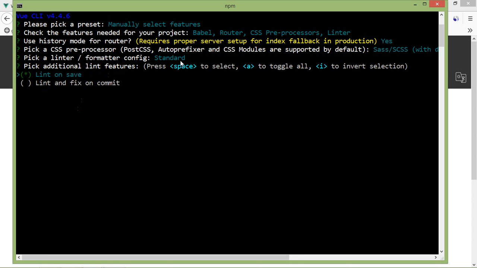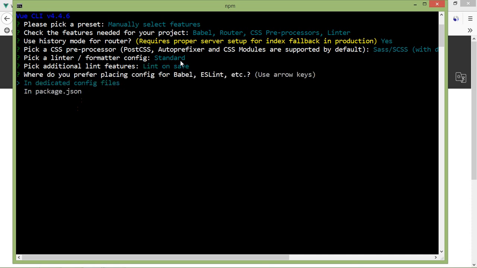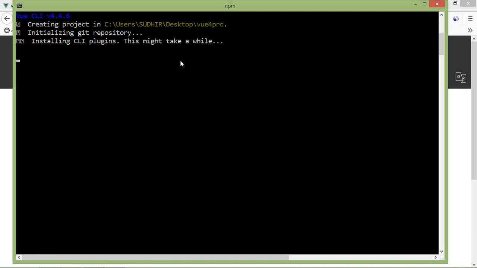Pick additional lint features: here, lint on save, so simply press enter. Where do you prefer placing config for Babel, ESLint in package.json? Press enter. Save this as a preset for your future projects? No. Press enter.